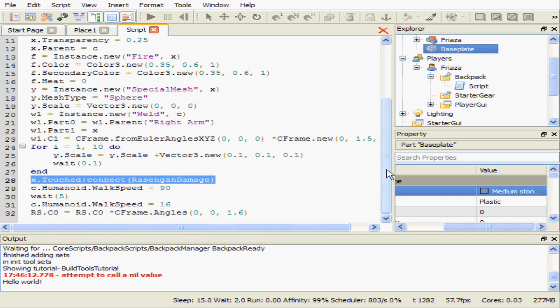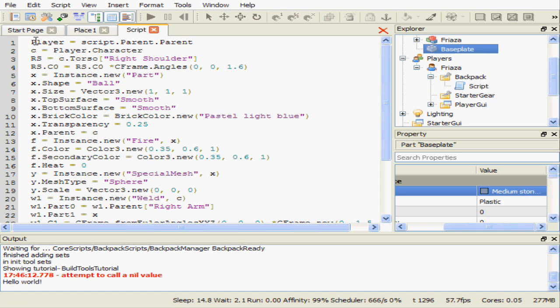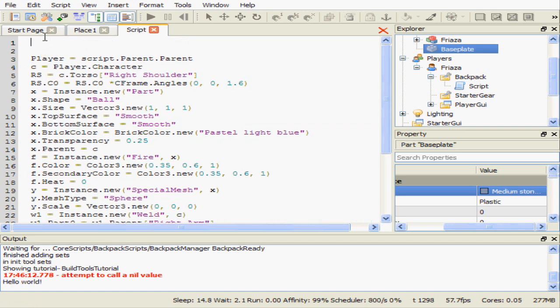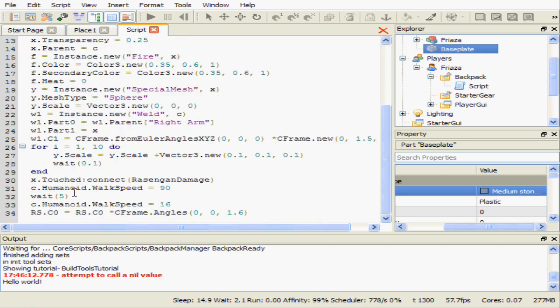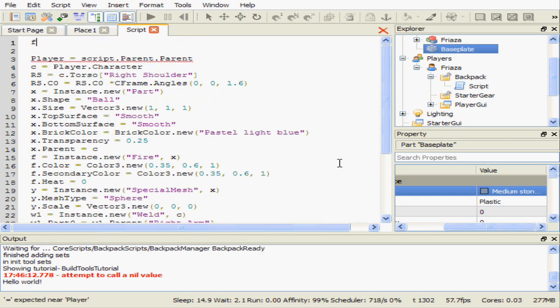So yeah, it's a common misconception that this needs to go at the bottom of a script, but it doesn't. It doesn't always need to be one function and then this at the very bottom. You can call it after it exists. But one problem is you need to have it above the actual code itself. So yeah, the function Friaza part